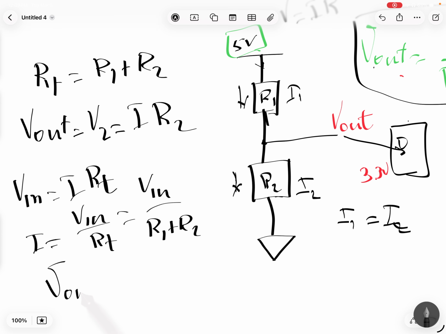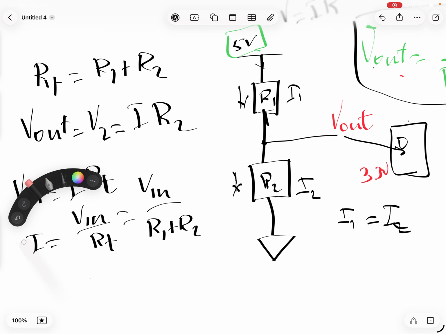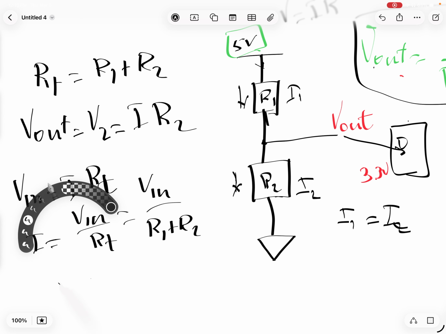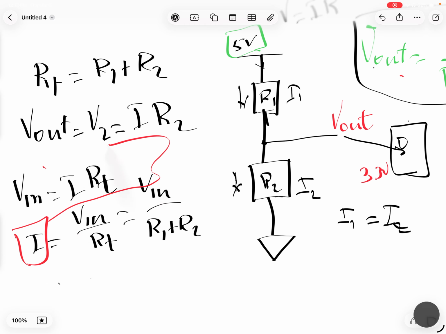So here we get our V out. Maybe I should change the color here. All right, let's go maybe red. So now we have V out. If you replace the I, we're going to replace this one inside this one. Yep, right here. So we get a V out